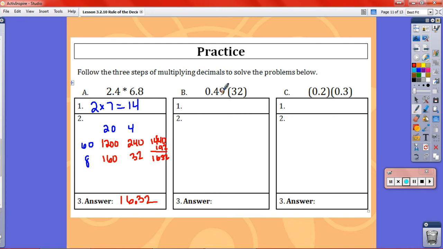Next, for this one, this is less than half of 32. Barely less than half, because half would be 0.5. So half of 32 would be 16. So my answer is going to be really close to 16. So when I do 30 and 2 times 40 and 9, I get